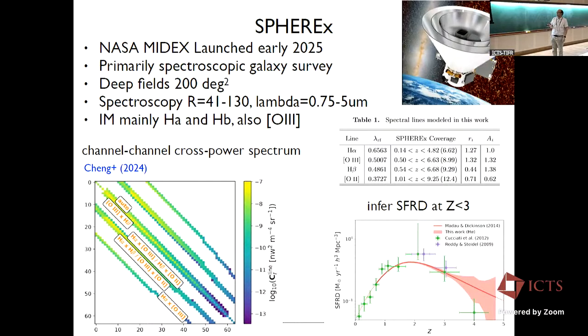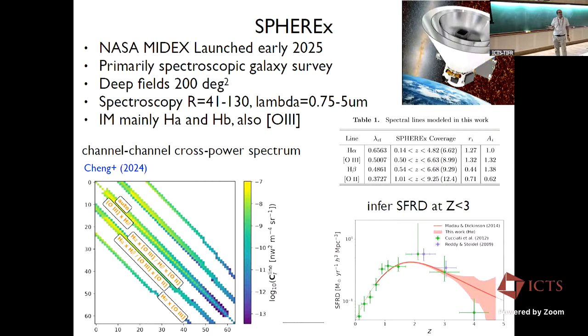To do cosmology. It'll also study things like the atmospheres of planets, ices, stuff like that, I think. For intensity mapping, it's nice because once you're outside of the atmosphere, you can look at H alpha, Lyman alpha, and other things. Yep, that's cool. And so I just wanted to show this nice picture from a paper by Cheng et